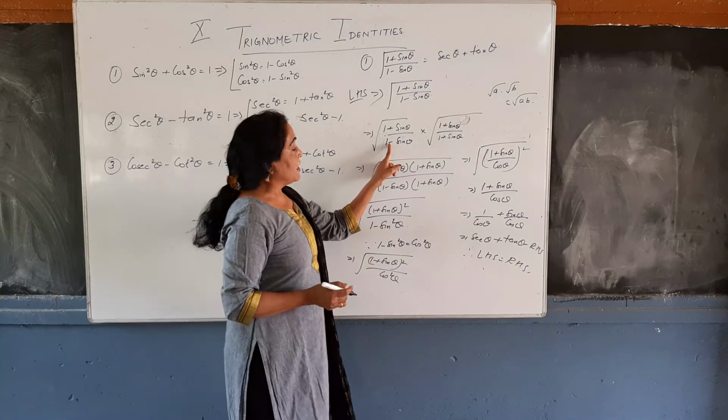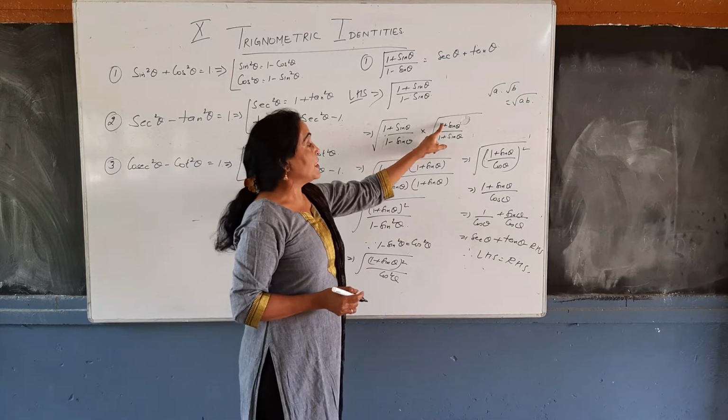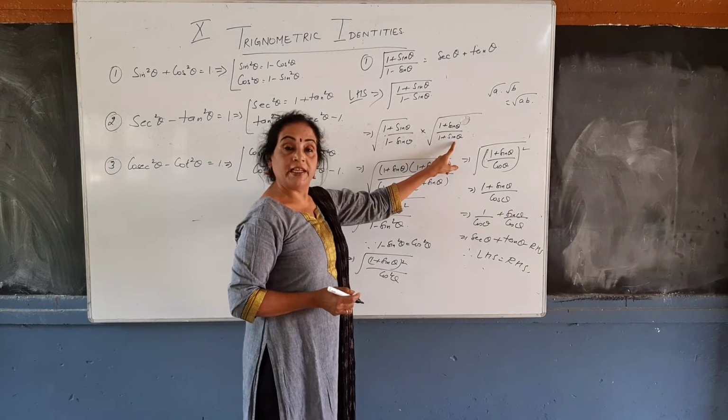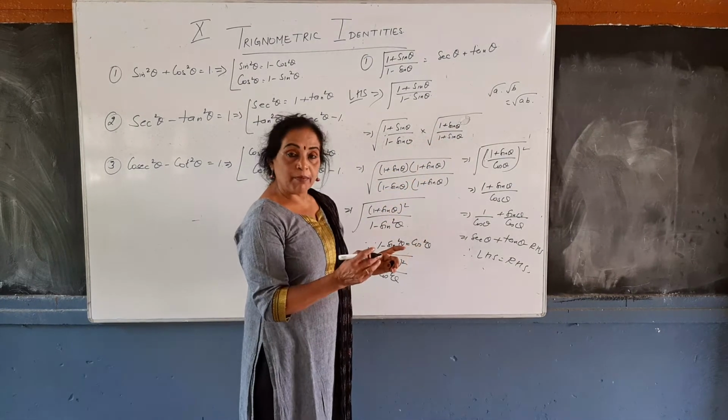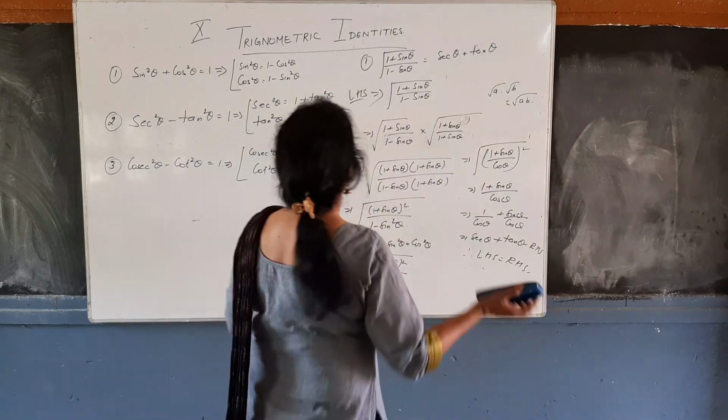See here, minus, 1 minus sin theta is given. So we have to rationalize, or multiply and divide, by plus sign: 1 plus sin theta upon 1 plus sin theta. If plus is given, we will rationalize by minus. Minus is given, we will use the plus. Now again there is another sum.